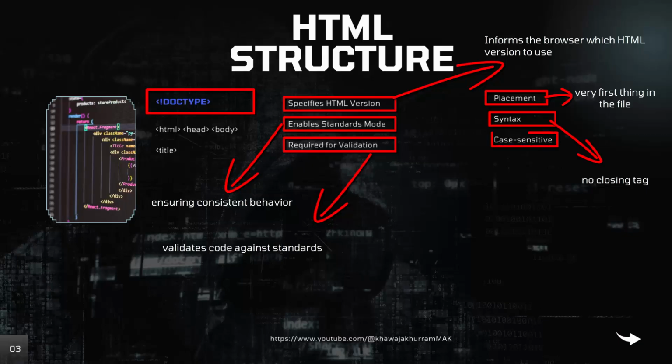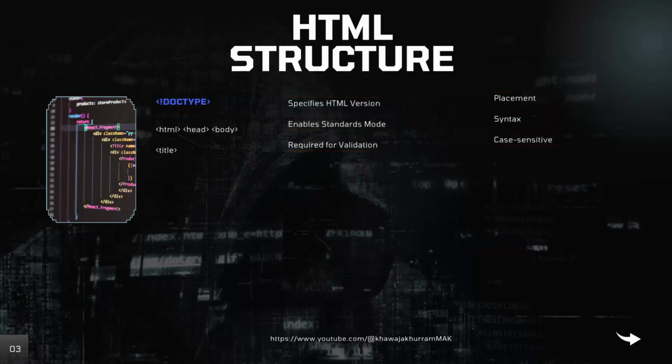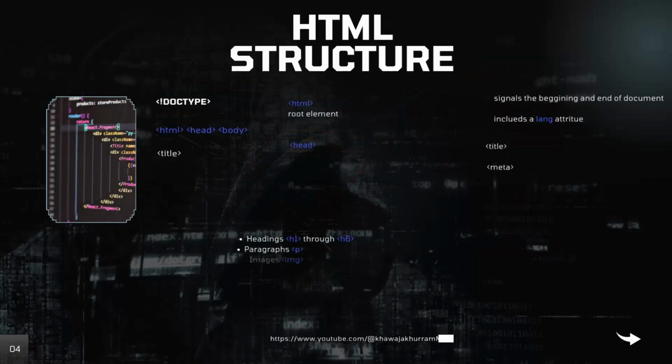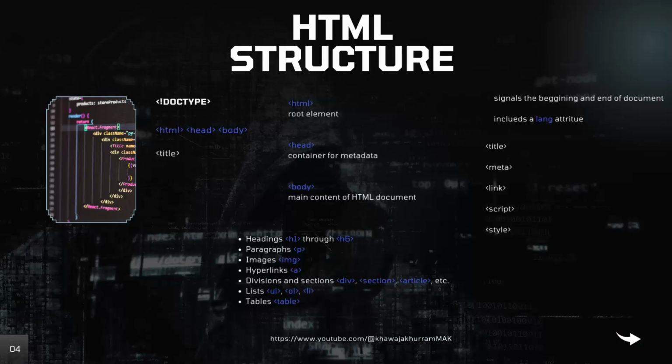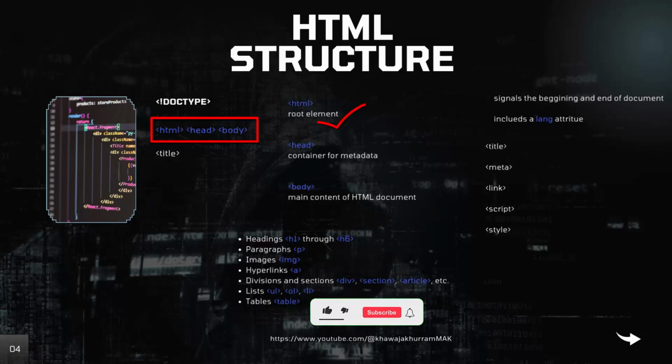It can be written in small case doctype html or in uppercase, but the standard or common convention is DOCTYPE in caps and html in small. HTML, head and body tags are fundamental structural elements of any HTML document, defining the entire page, its metadata, and its visible content. The HTML tag is the root element that includes all other elements of an HTML document. It signals the beginning and end of the document, and typically includes a lang attribute to declare the document's primary